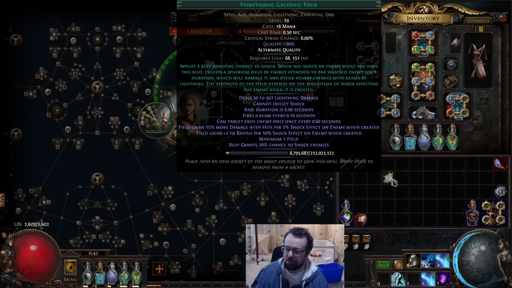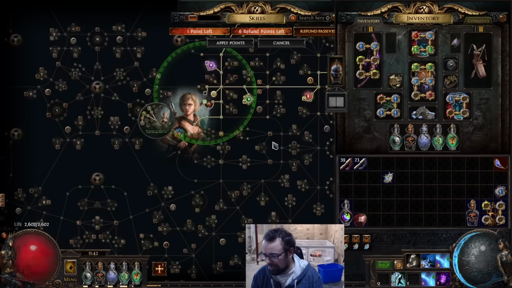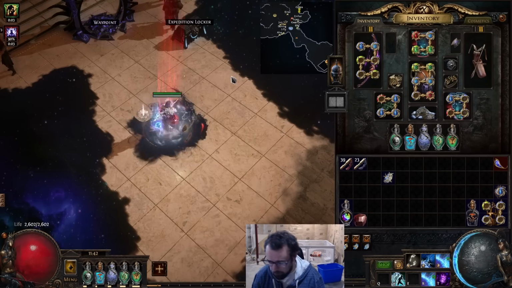Point is, I'm making this video now because I think I've figured out a better way to do this character, a better way to inflict the large Galvanic Field on myself without bricking my character with this huge shock that is just going to get our character killed. Now, how do I plan to do that? Well,